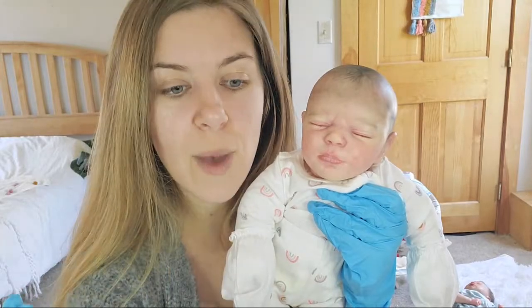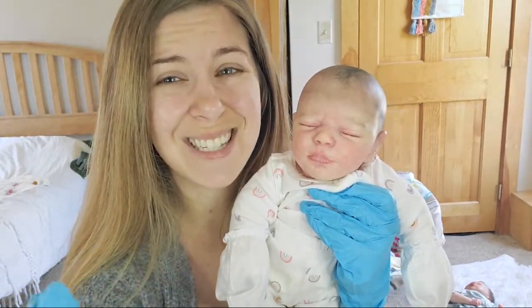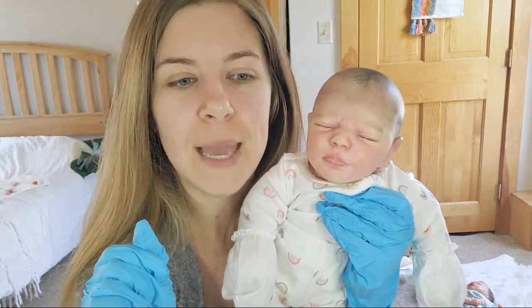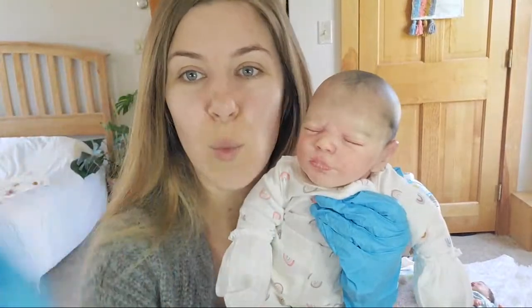And then that way it's going to be an auction, so you guys have a chance to at least fight over it if that's what you want to do. I don't want to promise them to anybody, but I think that gives an equal opportunity to people to snag a baby, because an auction will be running for a few days, so that gives everyone a chance to see that they're available. And if an auction doesn't work out, I'll just make a normal listing. I honestly don't know how any of it's going to work out, but that's what I'm thinking of doing so far, guys,